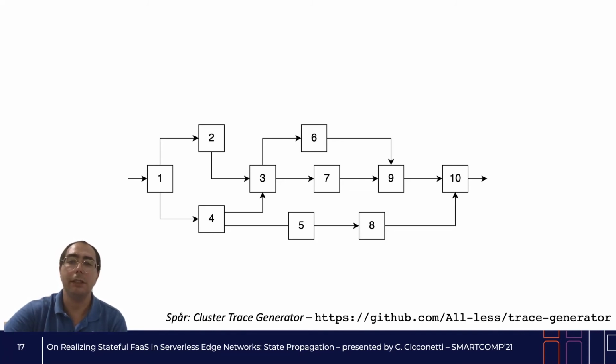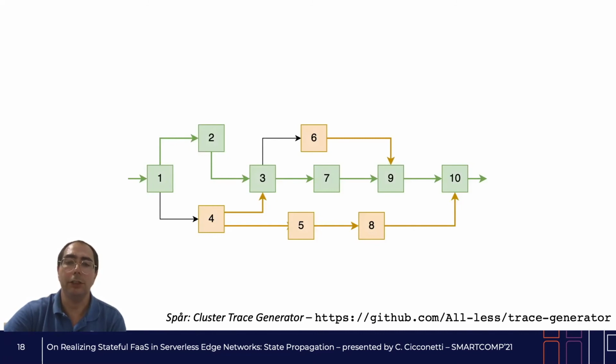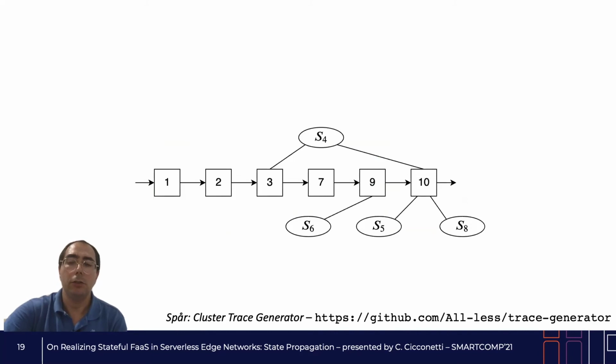So what we did is we transformed those DAGs as follows. First, we have identified in the DAG what is the longest chain of function invocations. And this, for us, has become the chain of invocations. Then for the remaining tasks, the one in orange in the picture, we have transformed them into state dependencies. So those 4 tasks have become 4 states in the new transformed chain of function invocations.